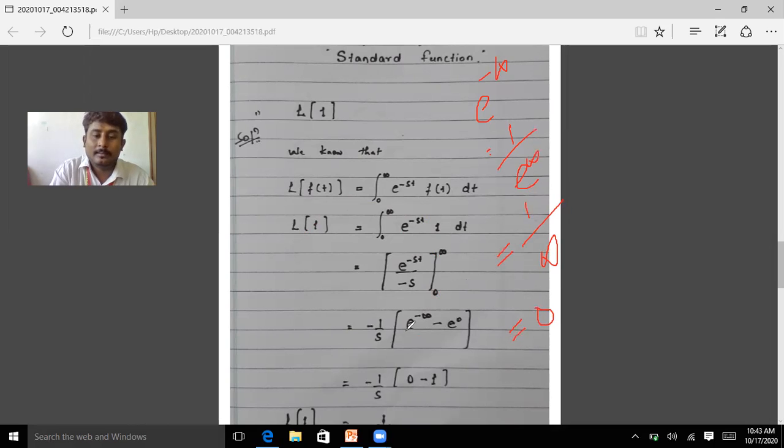Okay, and this function becomes 0, and you already know that any function to the power 0 is 1. Okay, and minus into minus we will get plus here,